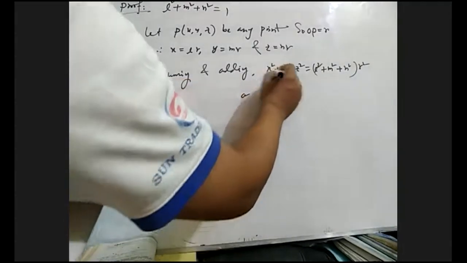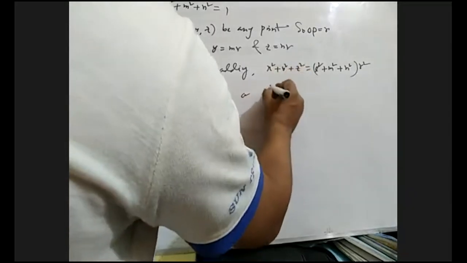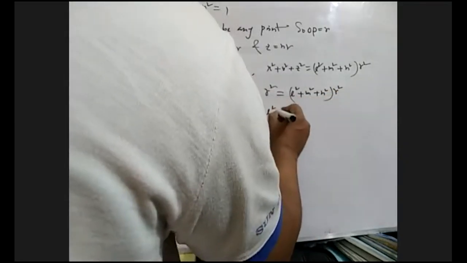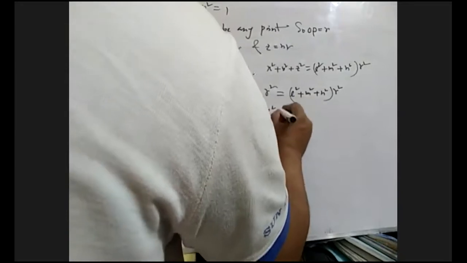But x square plus y square plus z square equals r square. Therefore l square plus m square plus n square equals